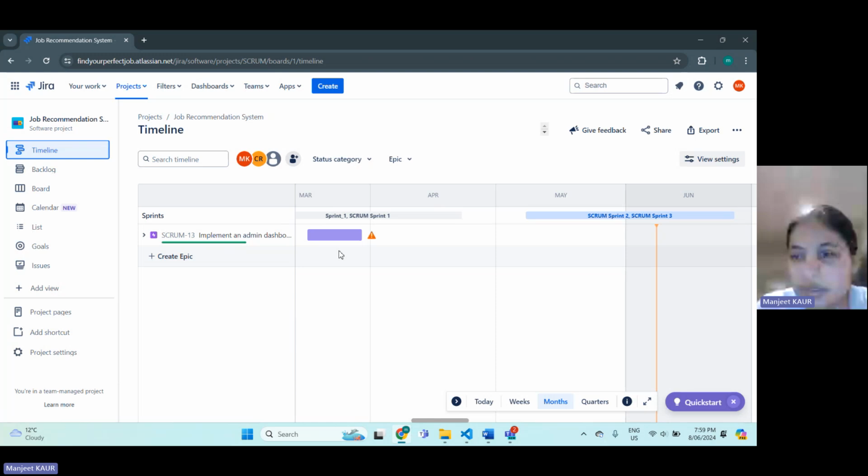So the sprint two review meeting was all about the same thing, whatever we did in sprint one. Following that is sprint three, and in sprint three we use these backlogs.